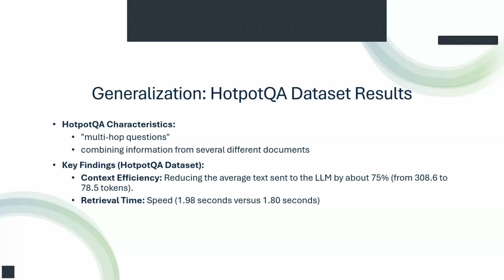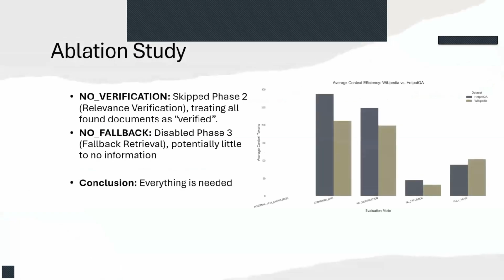So it didn't introduce that much retrieval time, even though this is an extremely hard data set to use it on. So that's a positive. And then we did an ablation study to check which phase is needed to show that